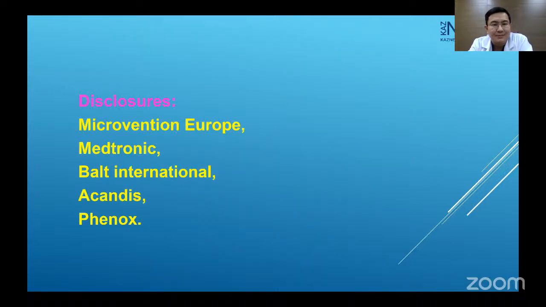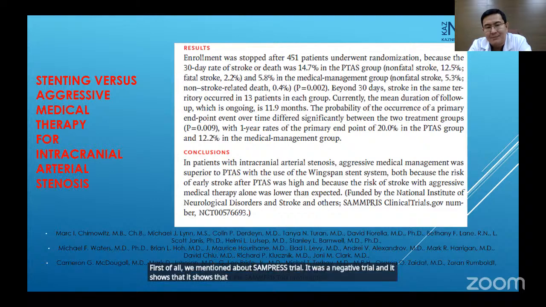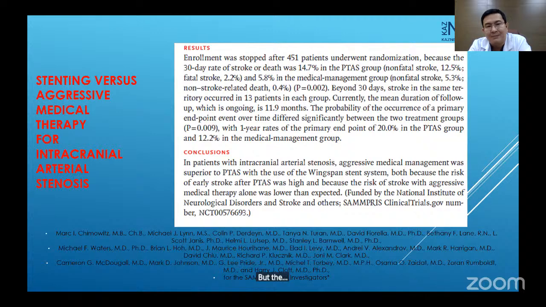This is my disclosures. When we start to talk about intracranial stenosis, first of all, we mention the SAMPRIS trial. It was a negative trial, and it shows that best medical treatment in 30 days has a better result compared with angioplasty and stenting. More than 450 patients were enrolled in this trial, but then some parts in this trial were changed